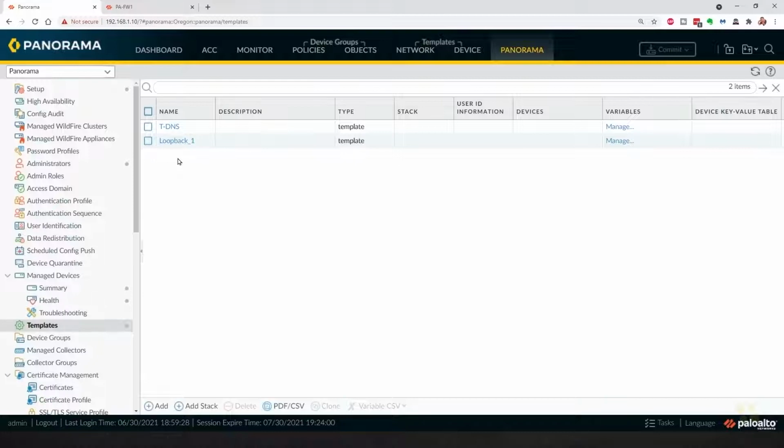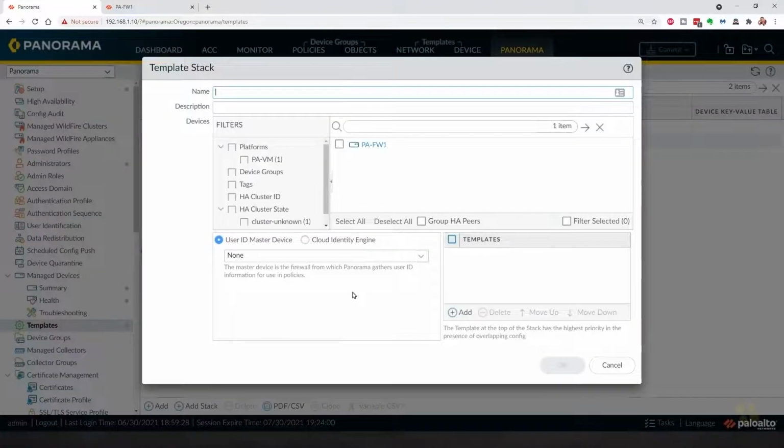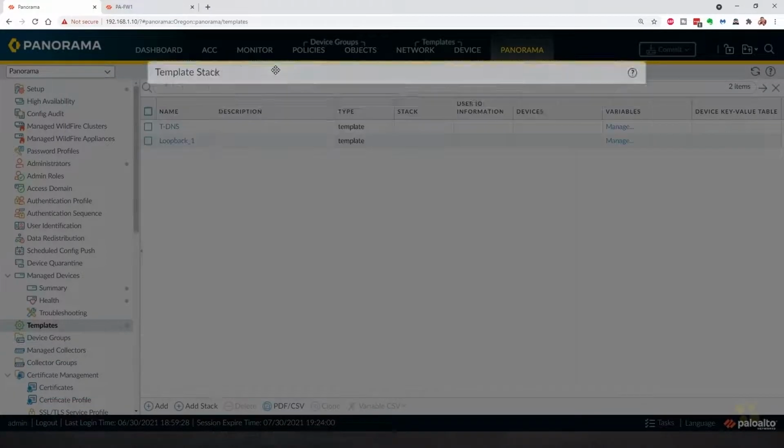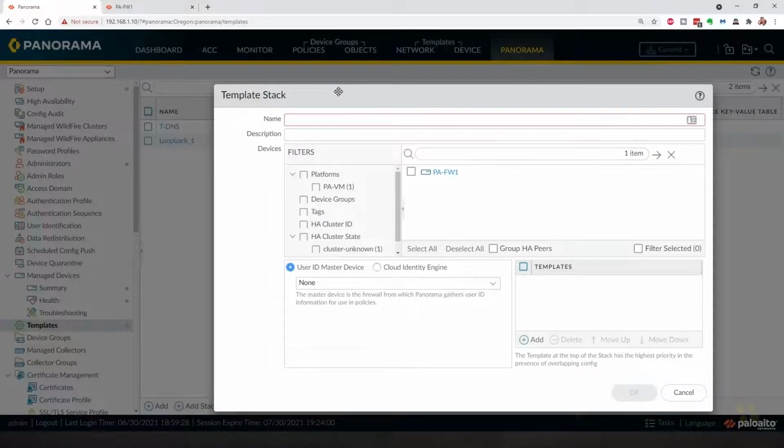One option, this is pretty cool and it's pretty quick too, is right here under Panorama with template selected, we can click on Add Stack. Think of a stack like a combination, greatest hits, where you can combine multiple templates and have them applied. Think of a stack like a group of templates that we want to apply together. So we'll name it our template stack. It's also giving us the opportunity here to associate this template stack with our firewall. We're going to hold off on that